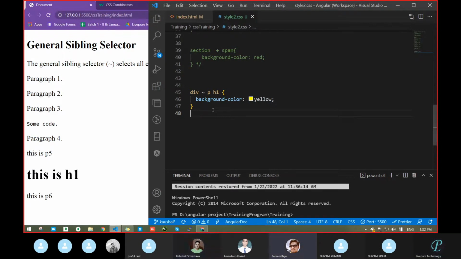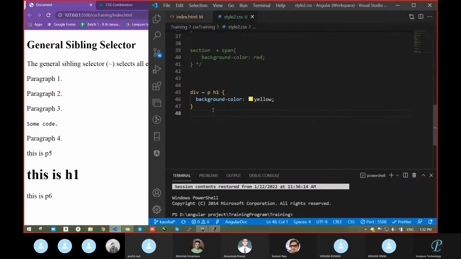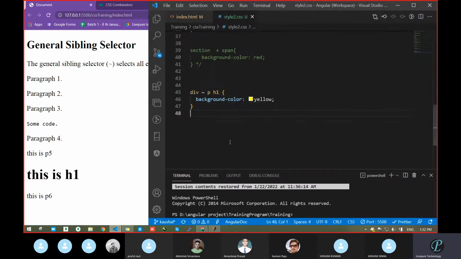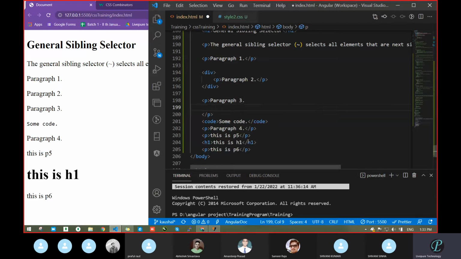Sir, right now I got it. Why is it not working with the adjacent selector over here? I don't know whether it will work or not. Let's see one thing. Div P. Where is a div? This div becomes that one, and this P is there. Do one thing. Pass here one H1. I think it has to work when we pass it here.